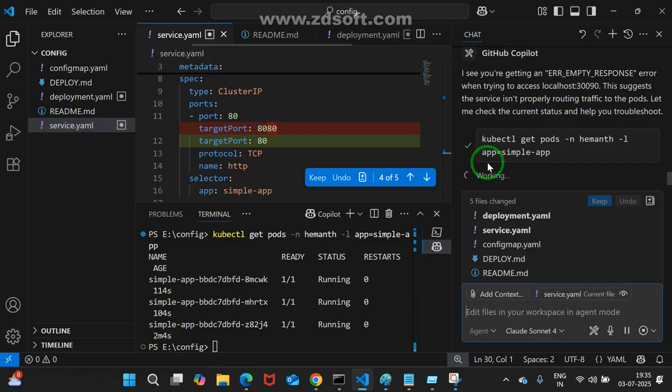Actually, the problem is the target port is 80. That was taken properly, right? Now check it. The real target port is 80 only.